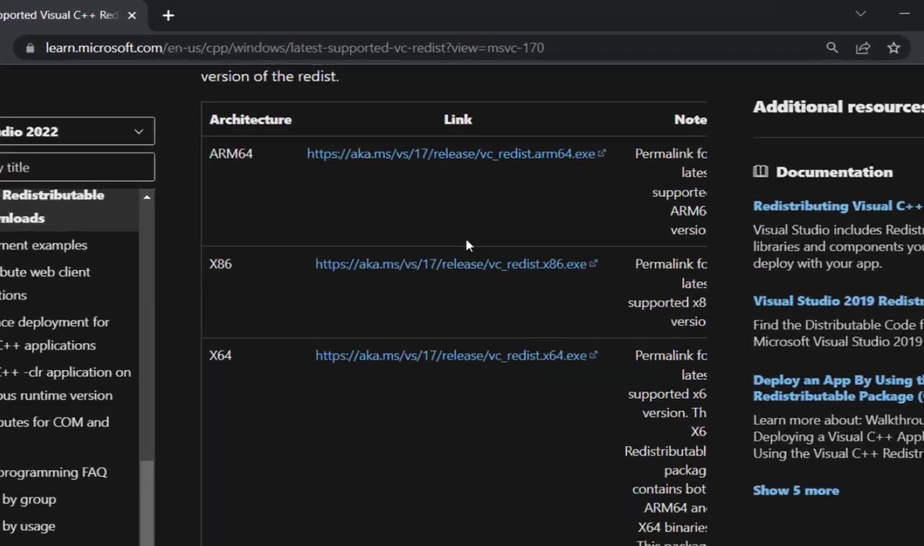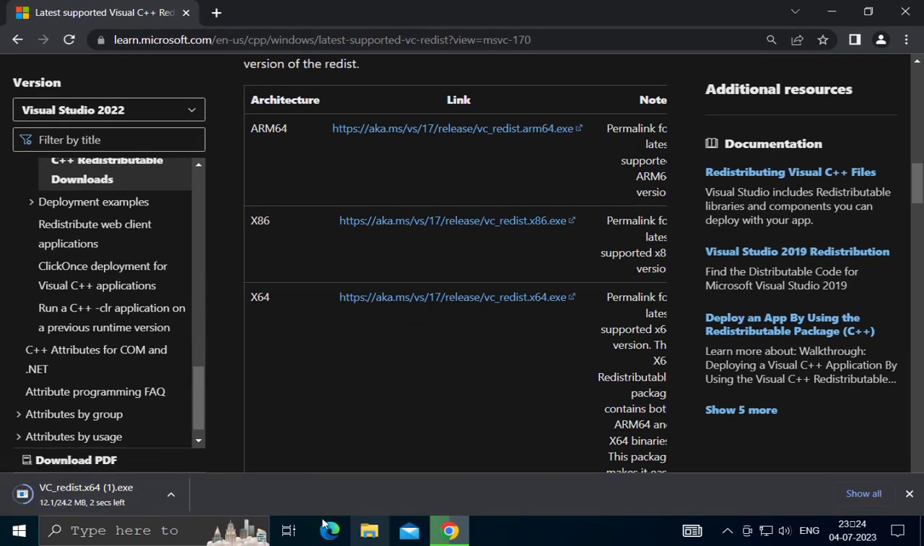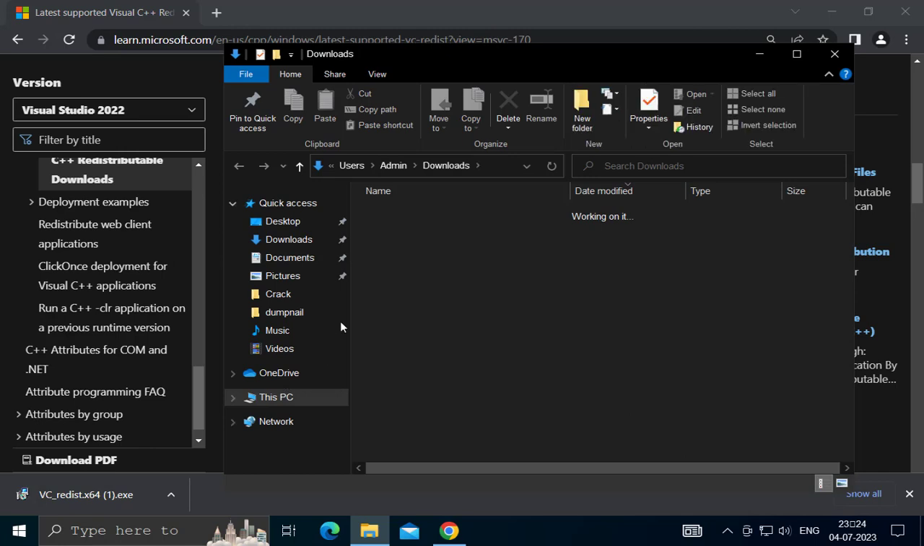Scroll down, guys. In here, if you are using 32-bit, you just want to download this link. If you are using 64-bit, you just download this link. I'm using 64-bit, guys, that's why I'm gonna download this link. Click on it and download it, and after the download is done, click on show in folder and open up